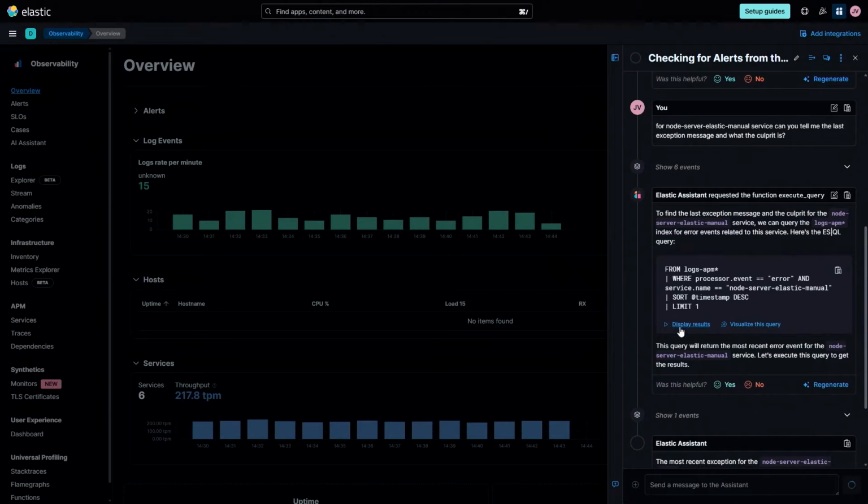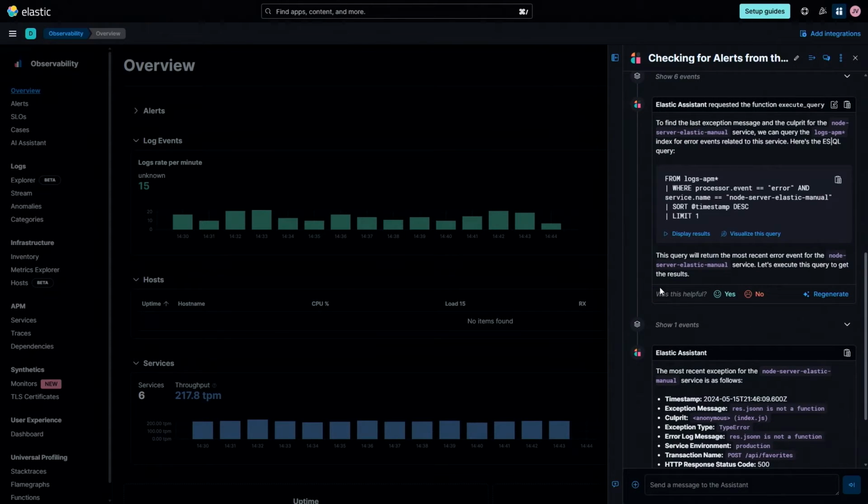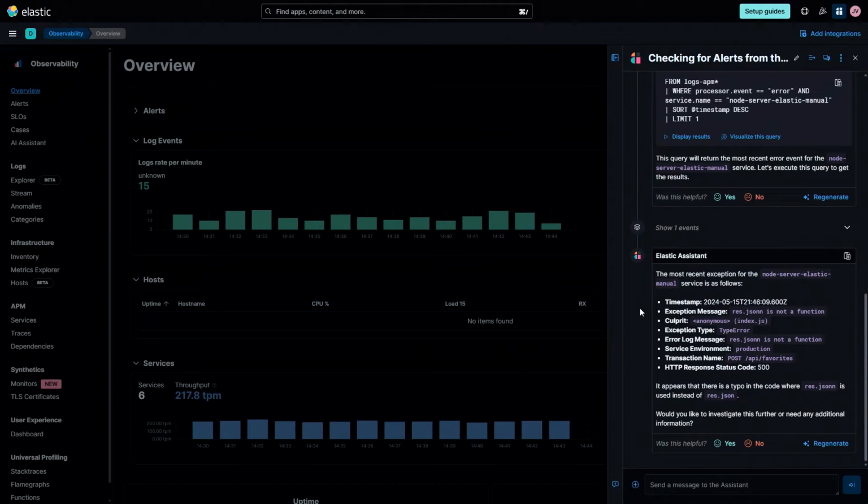Now the difference here, you'll notice, is that recently Elastic released what we call ESQL. Naming's hard, but it's ES-pipe-QL. It's a piped query language. And that's what it's showing you how to do. So from logs, pipe, and then telling you how it's querying it, pipe, we're sorting it and limiting by 1. So it's being helpful if we want to go on and do my own thing, but again, I don't want to run it. I just want it to do it for me. So it is actually going to run it for us.